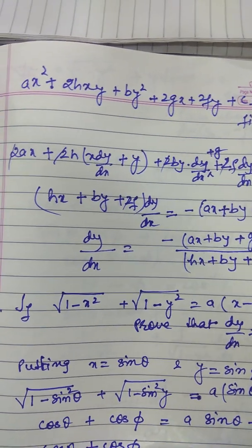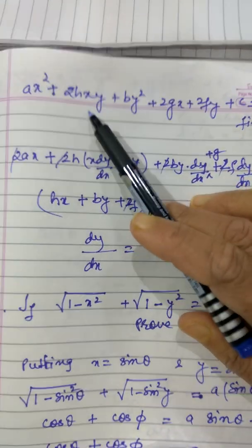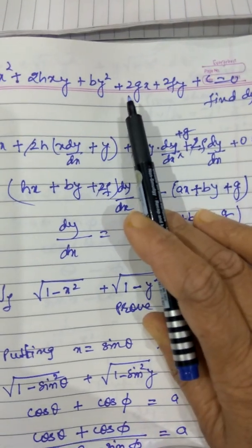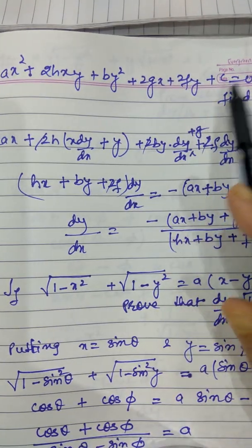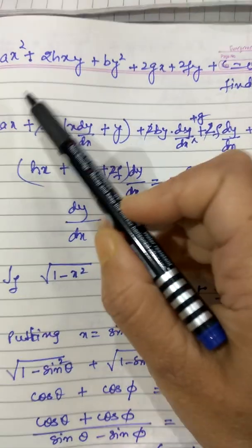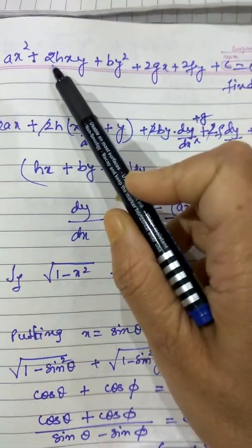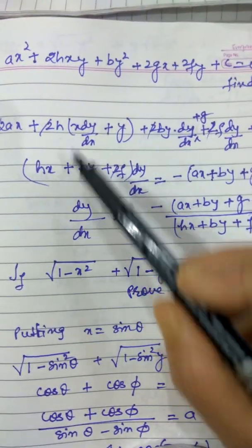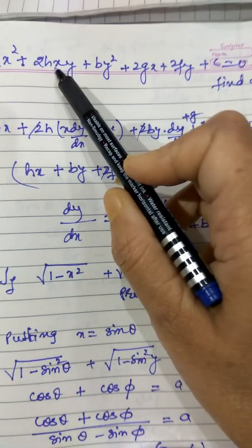Next, the function is ax² + 2hxy + by² + 2gx + 2fy + c = 0. Differentiate both sides. 2ax, 2h is constant, keep it outside, and for xy